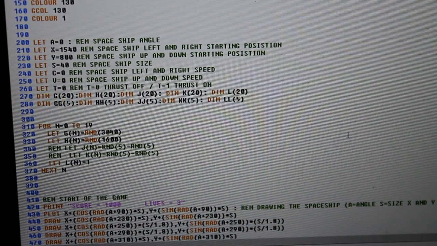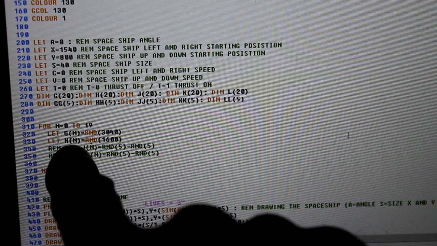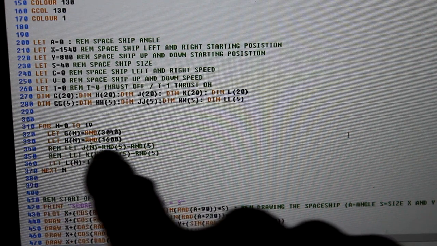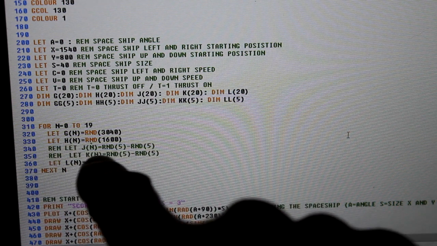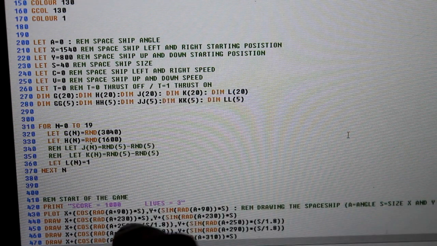Right, welcome back people, and it's time to get the bullets working, so I've just turned the asteroids off. I'll just put a REM statement in there to stop them lines working. That's what you do, put REM at the beginning, and that just stops them. Yeah, so now I can play with it without having to worry about the asteroids killing me,